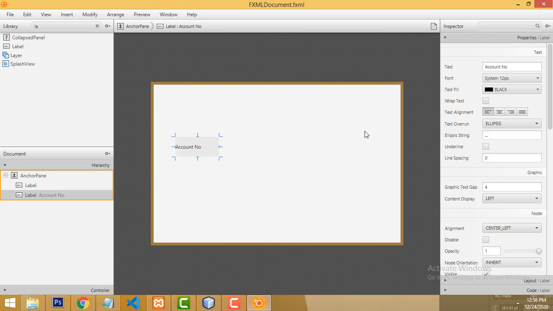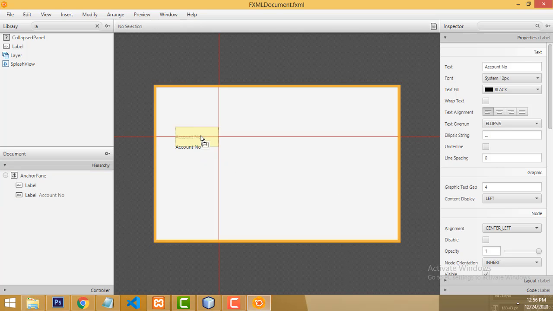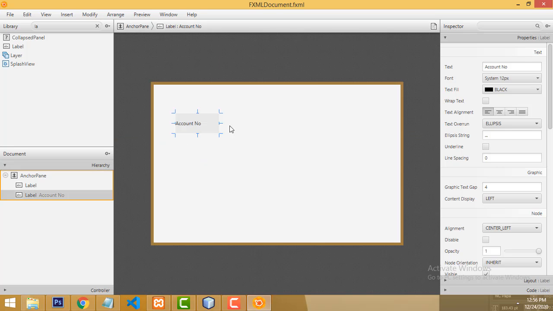So here I am going to do the search. If I enter the relevant account holder's number, the relevant balance should be displayed in the text box below the label, right? So here we have to make this one, right? After that I am going to increase the font size a little bit. Select the font size, this one here.